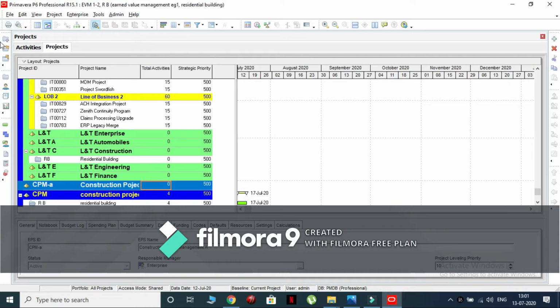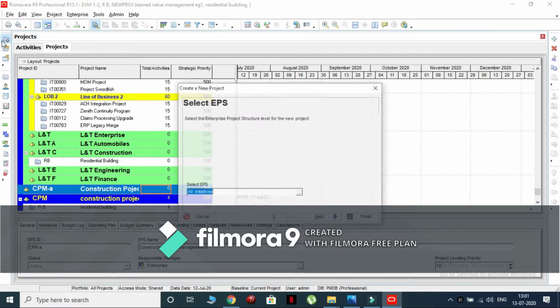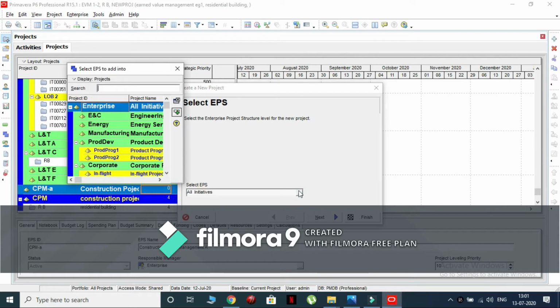click on the new project icon to create a new project. In the EPS tab, select the CPM option as shown.